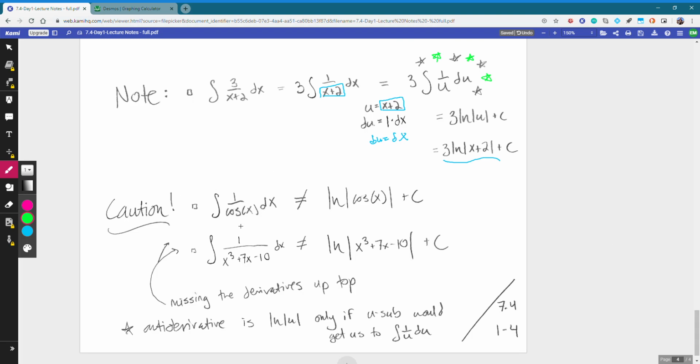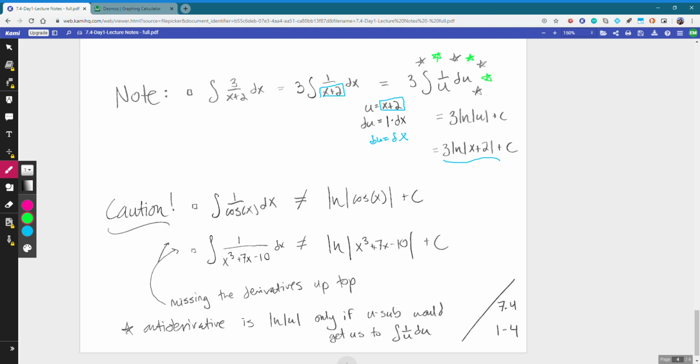If we have 1 over cosine, that antiderivative is not natural log of cosine. We could just take the derivative of the thing on the right and see that we're not going to get 1 over cosine. Similarly, if we had 1 over this cubic polynomial, the antiderivative is not going to be